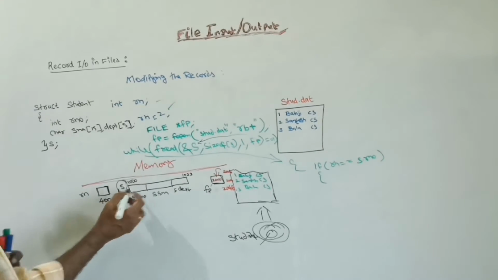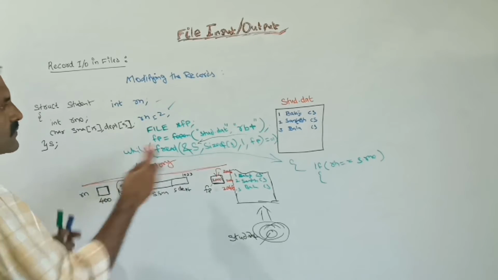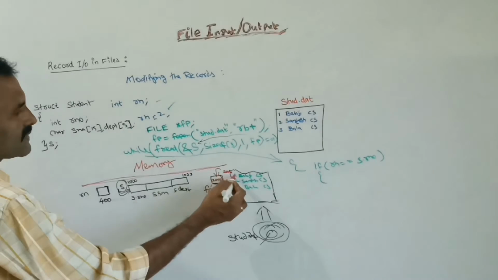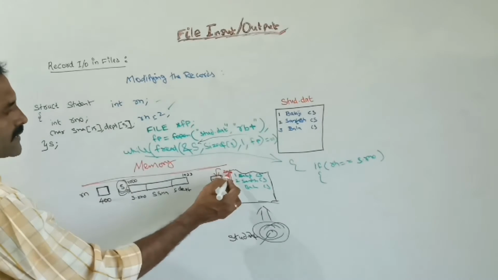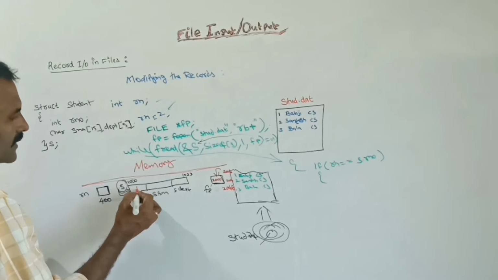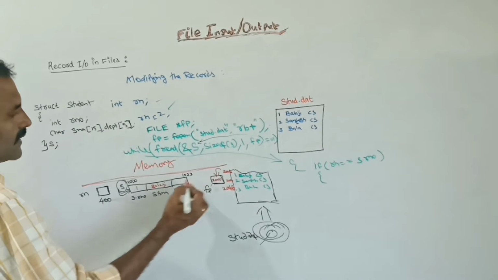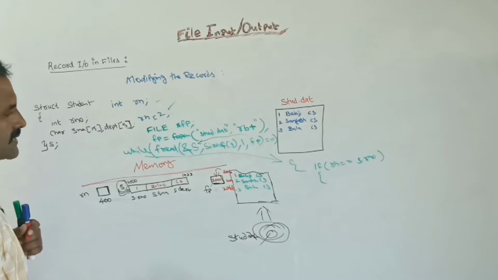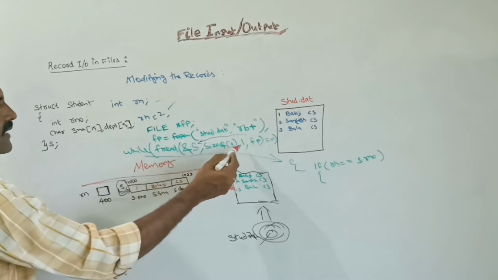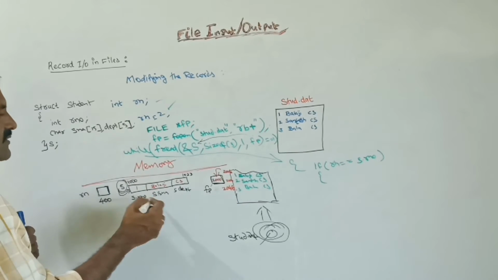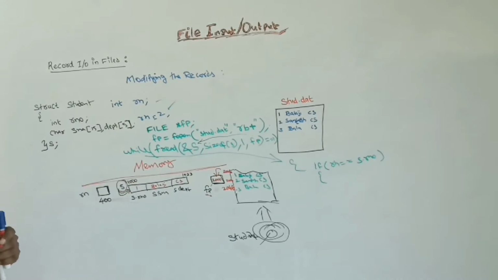So here, what is the content at 2000? That is 1. Here I am telling what is the content in the first record. The first record is located at the address 2000. So here record number 1, next Balaji, after that the department is CS. In the fread I had copied that content to the structure variable.